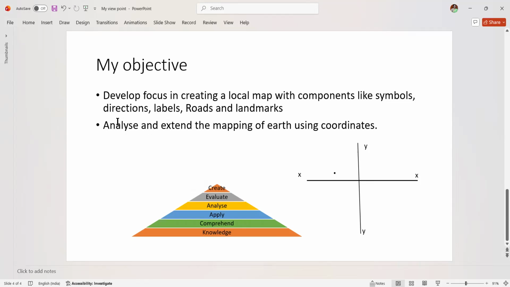Now, the teacher can use a globe. When we use a globe, students must be given an activity to locate places using a globe. Now, they may not be accurate. That is the curiosity factor here. They may not be accurate, for the simple reason that they are not aware of the coordinate system.